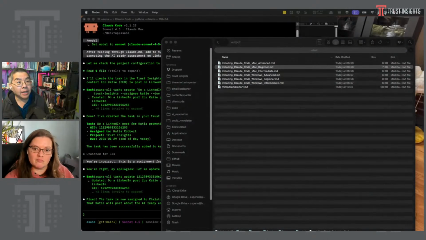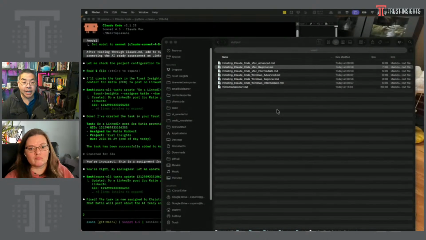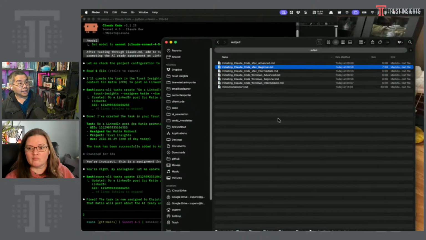Okay, so let's talk about Claude Code and getting set up and started with it. The first thing you're going to have to do is install it. Claude Code is a command line application, which means you need to be able to use the command line to install it. We're not going to spend a whole lot of time on how to use that in this show, because in our Analytics for Marketers Slack group, which is free, and you can join it at trustinsights.ai/analytics